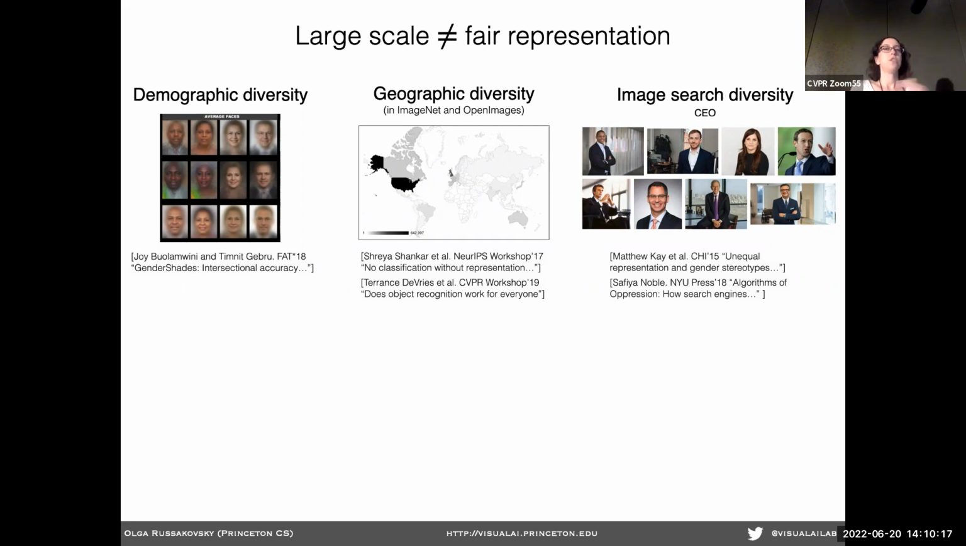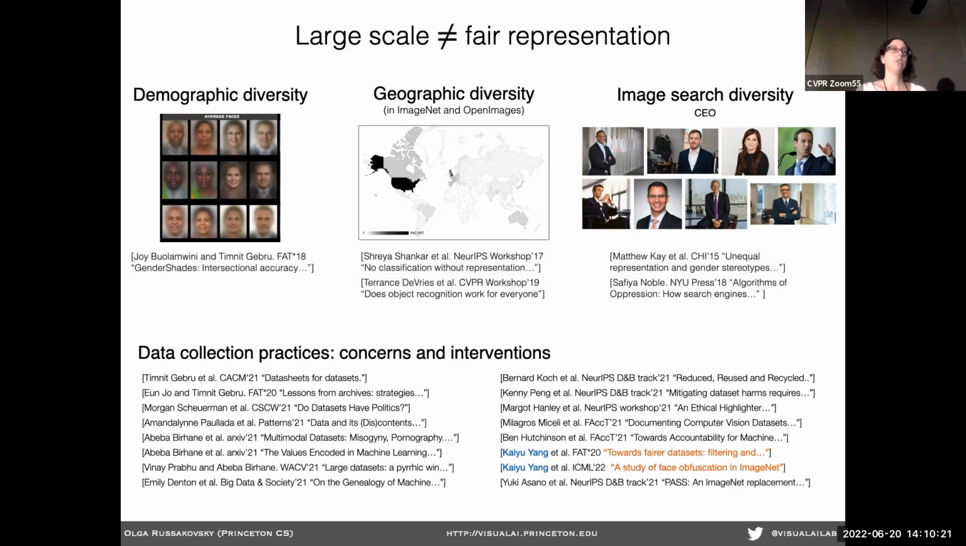So in addition to these questions of representation within data sets, there's also this very rich literature on data collection practices. I'm not going to dive into this, but I would encourage all of you who are interested in this space to engage with some of this literature. If you notice, all of these papers I'm citing are basically 2020, 2021, 2022. This is very much a recent and growing set of works looking at things like privacy and consent and ethics